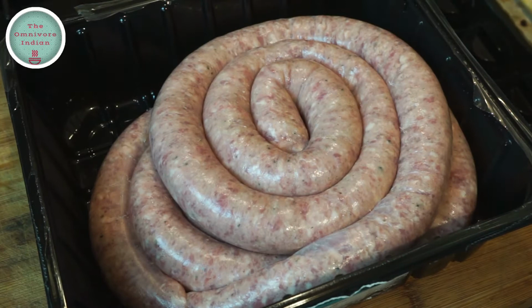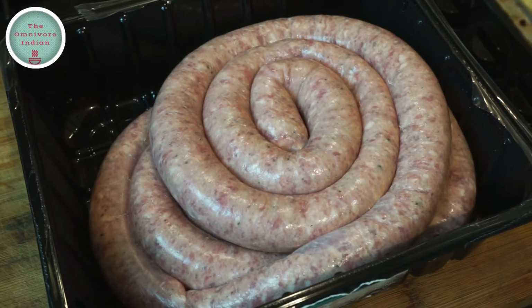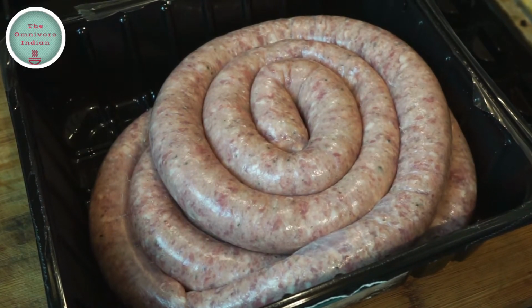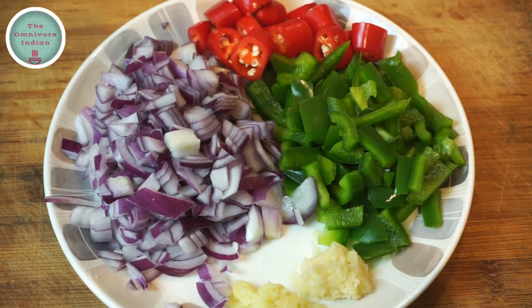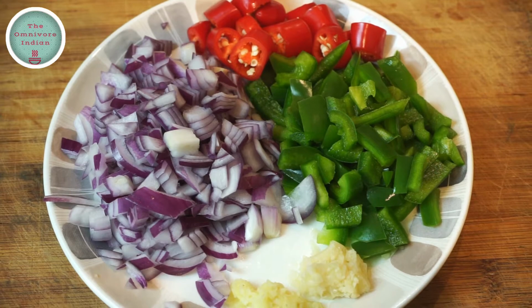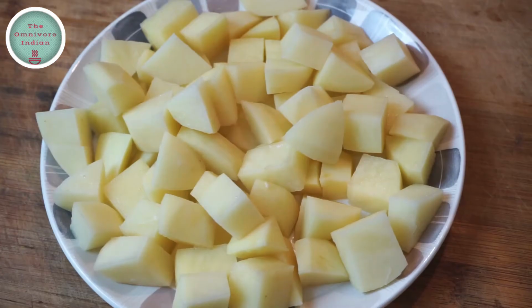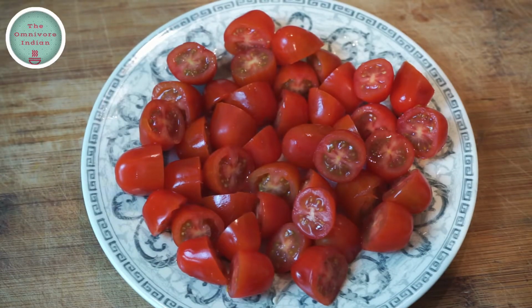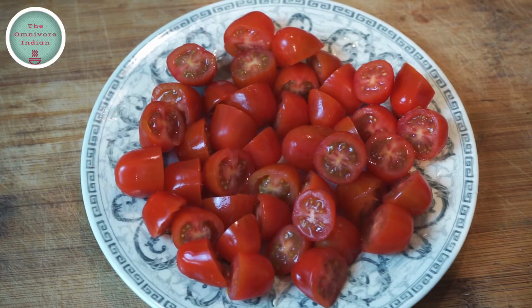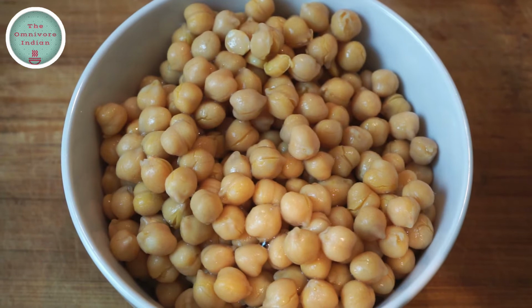This is the mighty Cumberland Sausage Ring. You can see that it is circular in shape, as well as some diced red onions, some diced red chillies, some green pepper, 1 teaspoon each of minced ginger and garlic, 3 diced potatoes, 25 halved plum tomatoes, 1 can of chickpeas,